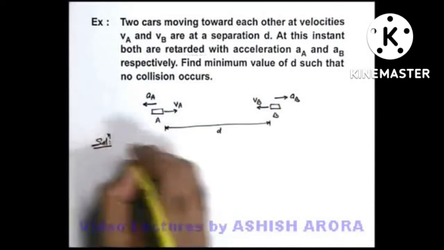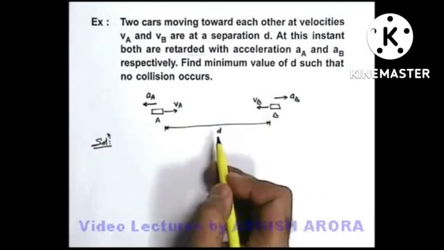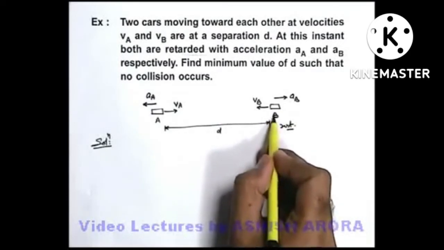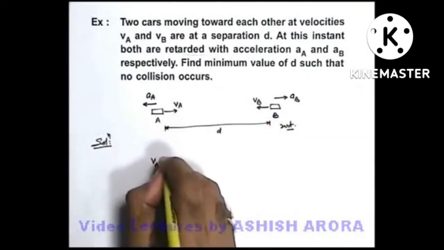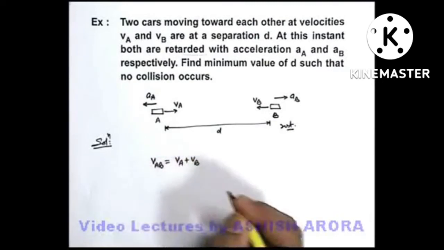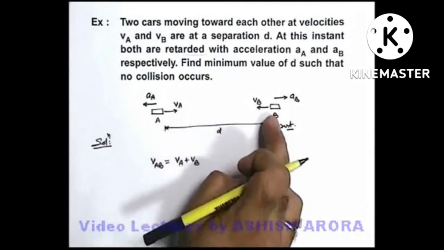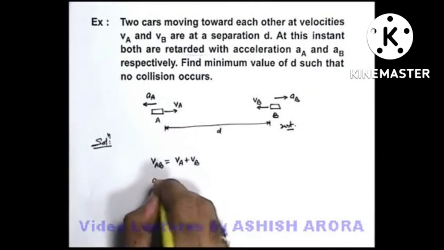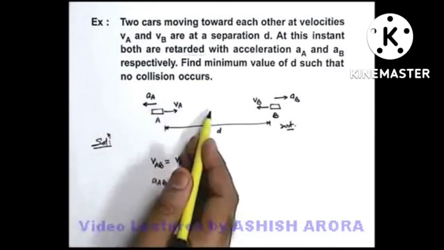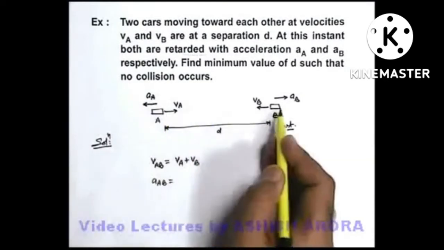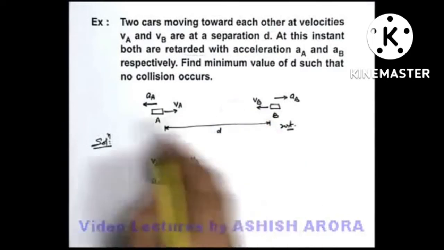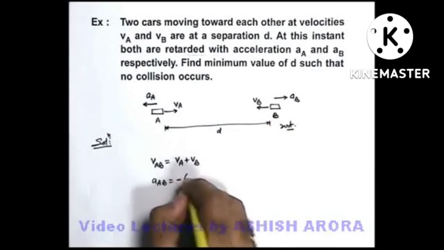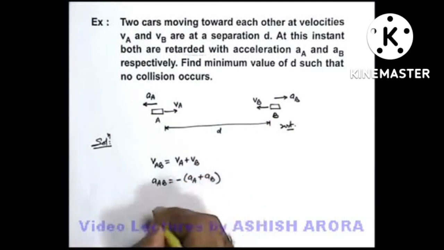Again, in this particular question, it can be very easily handled by using relative motion. Say, for example, we consider B at rest, or we analyze the motion with respect to car B. Then we can say the velocity of car A with respect to B we can simply write as VA plus VB, as they are moving towards each other, and as seen from B, the velocity of A appears to be VA plus VB. Similarly, we find the acceleration of A as seen from B. A is moving toward B, but it has acceleration opposite to VA, and B also has acceleration opposite to VB. So we can say as seen from B, A appears to be retarded with an acceleration AA plus AB. So its acceleration will be negative of AA plus AB.